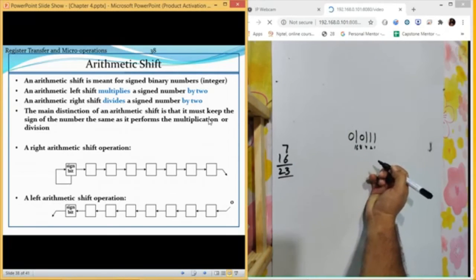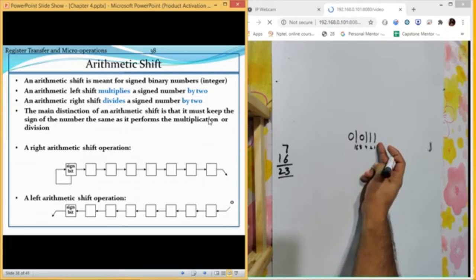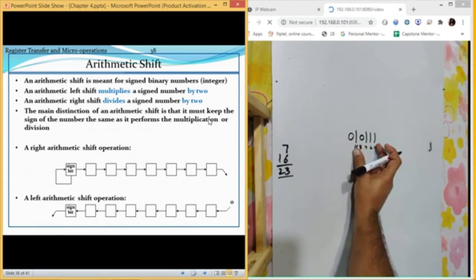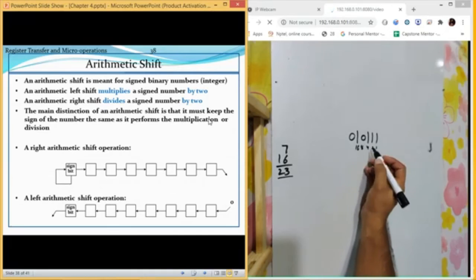Let us perform a shift left operation on it. Shift left performs multiplication of this number by 2. If we are going to perform shift left on this, we need to have that many number of bits in it. So let us see how it performs that task.